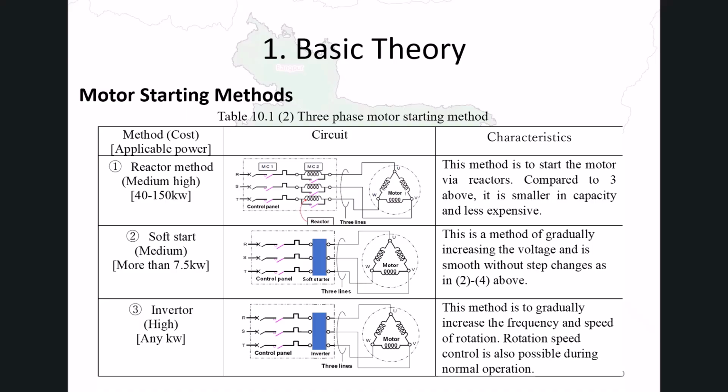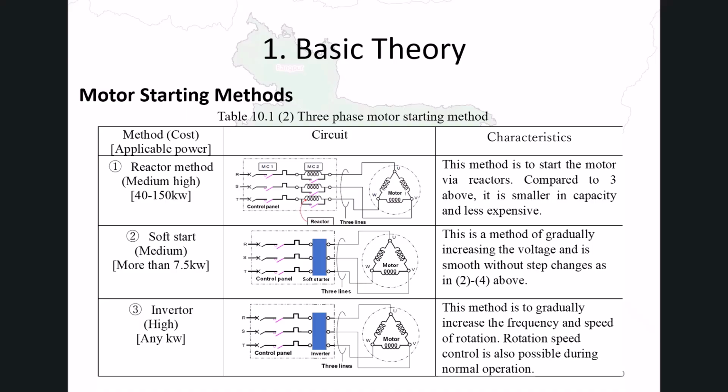The bottom diagram illustrates inverter control. An inverter controls both the frequency and voltage of the power supplied to the motor, allowing flexible adjustment of the motor's rotational speed. During startup, the motor begins with low frequency and low voltage, and the frequency is gradually increased.